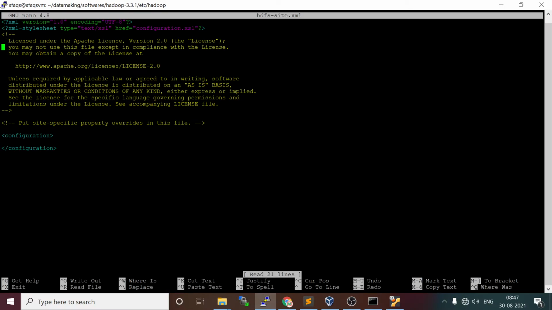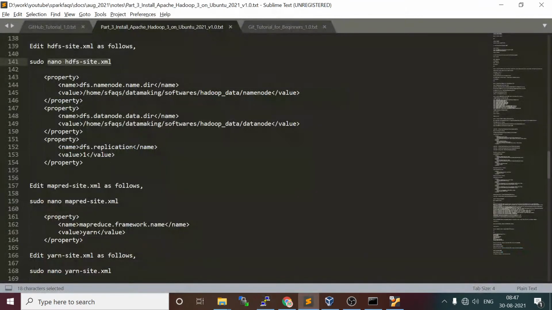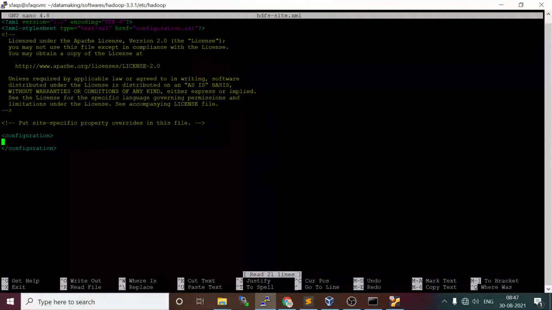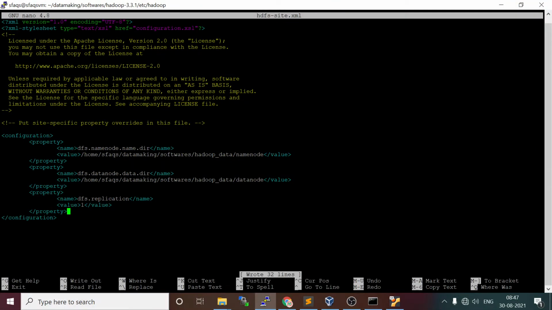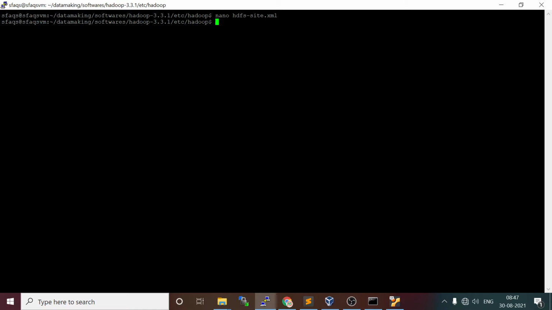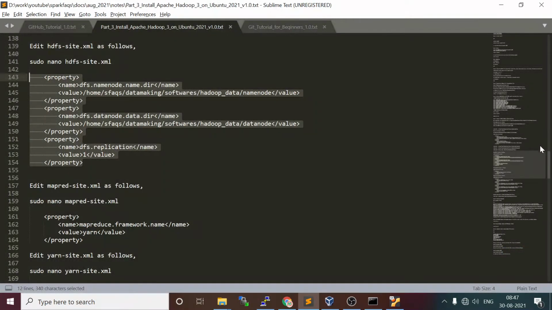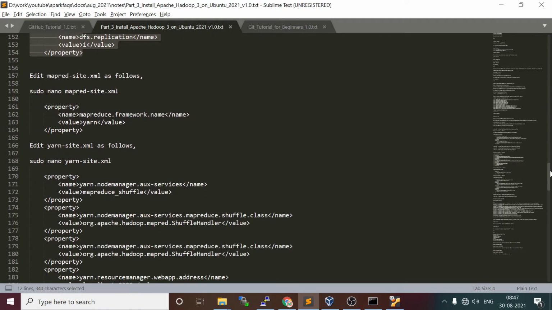HDFS site.xml and add your content over there. Okay, so I think we are good. Control O, enter, Control X. This is modified. Now the next one is mapred site.xml, where you have to see we are using a yarn